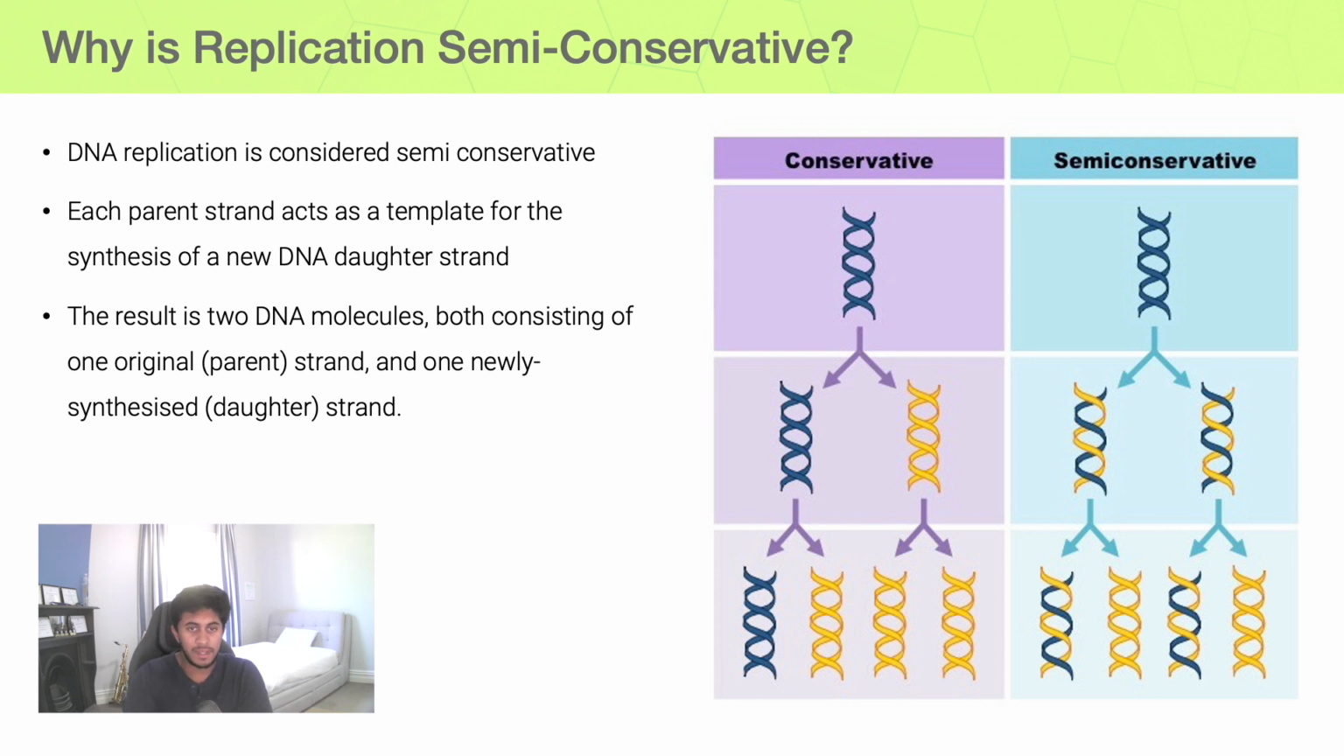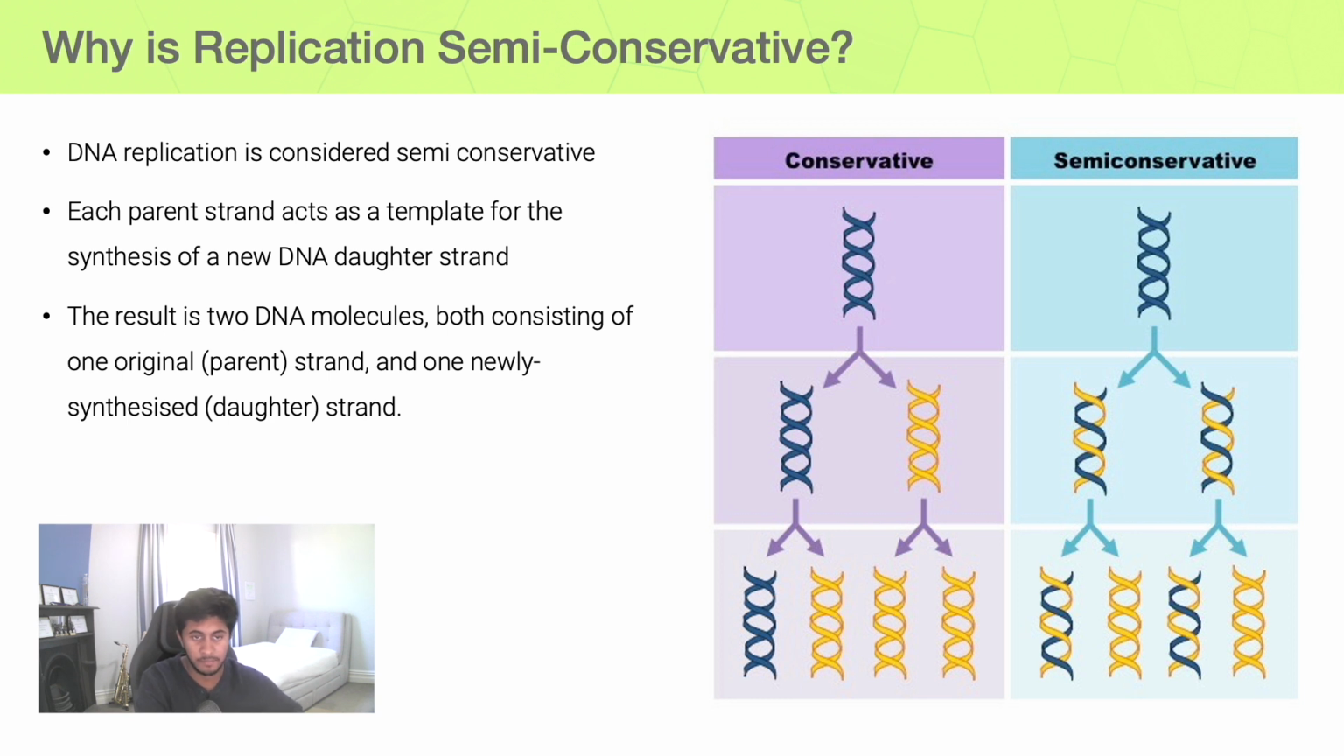So DNA replication is considered semi-conservative, and what that basically means is that half of the original molecule is conserved. So that's why it's conservative, and that's why it's semi. So each parent strand acts as a template for the synthesis of a new daughter strand. And as a template, it's again due to this complementary base pairing. If one strand has a certain base, only nucleotides of the complementary base can anneal along that strand